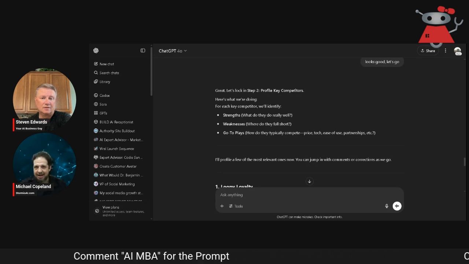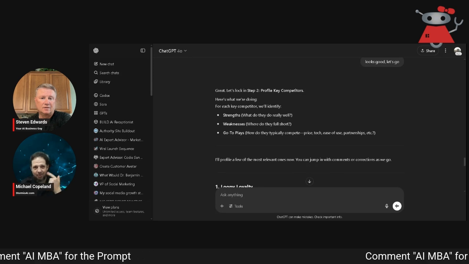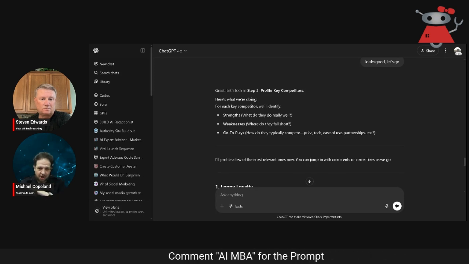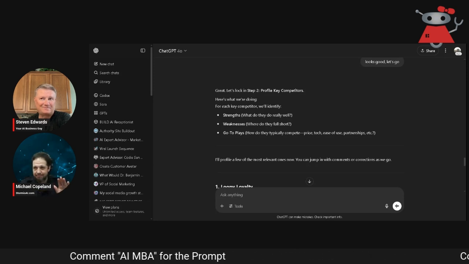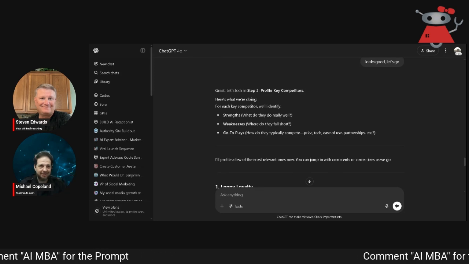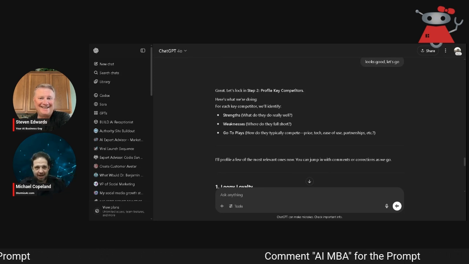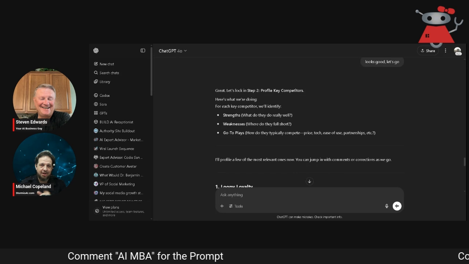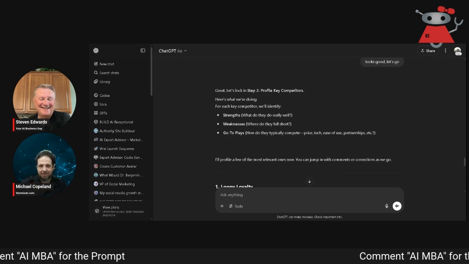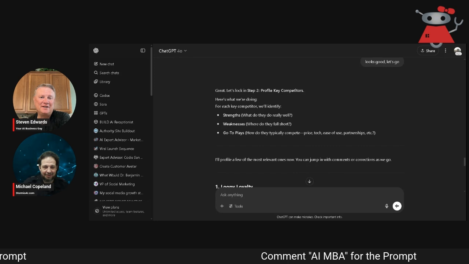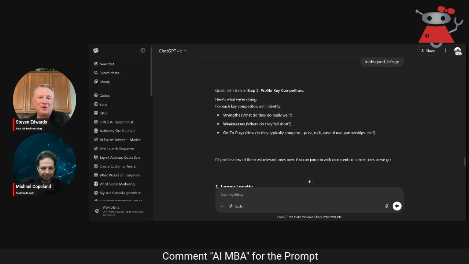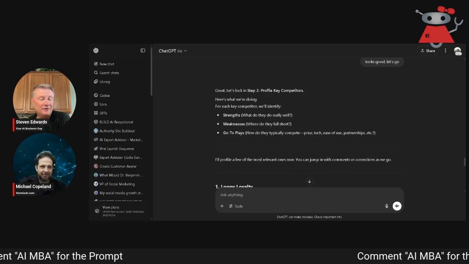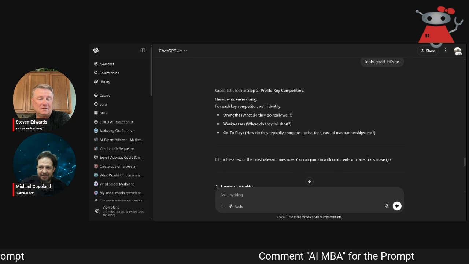If you're not AI enabled as a business or as an employee or solopreneur, you're going to go out of business. You're going to get fired. You're not going to have the job, because somebody who is AI enabled is going to take your job. They're going to keep them because they're more valuable to that business. If you're competing in the same space with companies who are using tools like this and you're not, just try to figure out how long you're going to be able to stay in business. So that's why this AI MBA